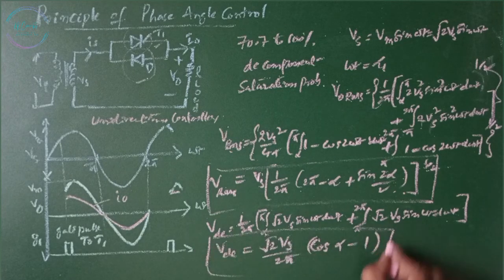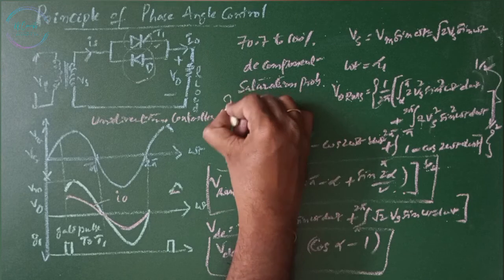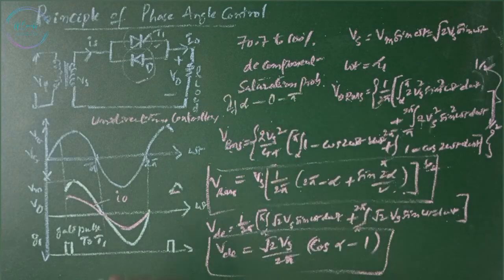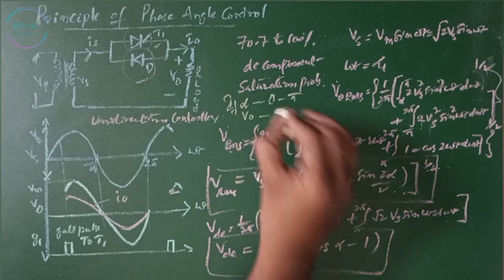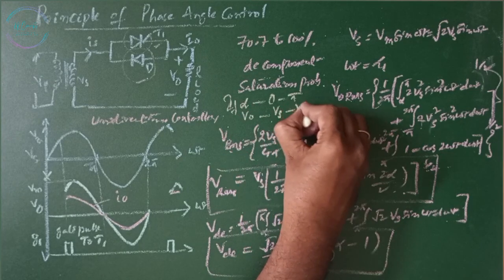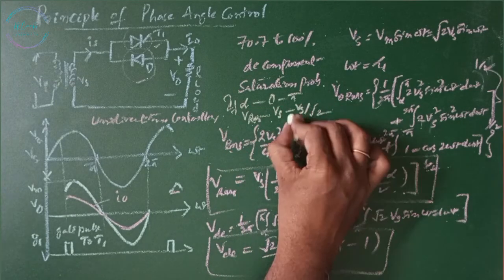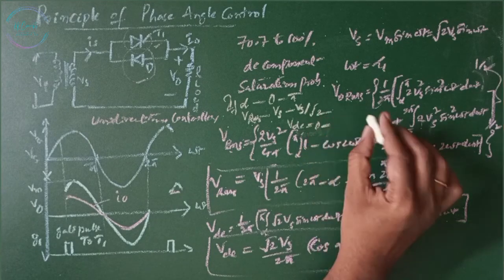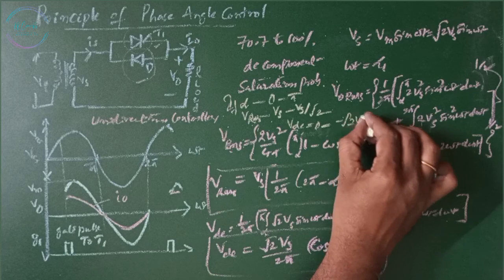This is our VDC. If alpha is varied from 0 to pi, then V0 will vary from Vs to Vs by root 2, and VDC is going to vary from 0 to minus root 2 Vs by